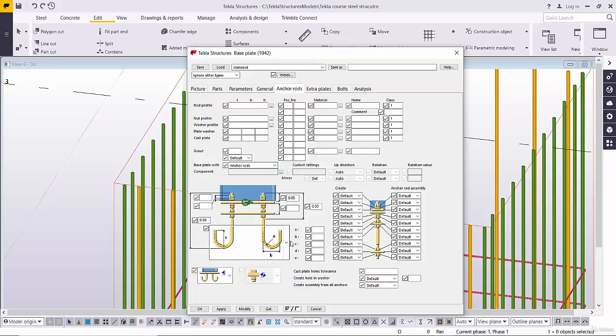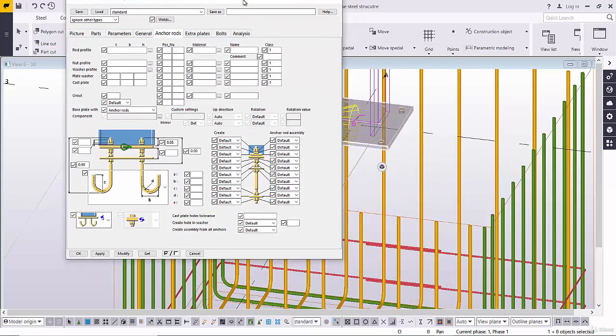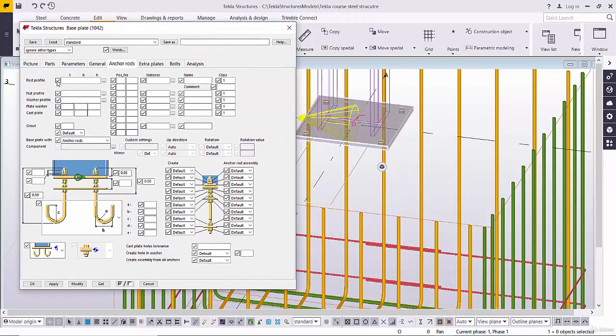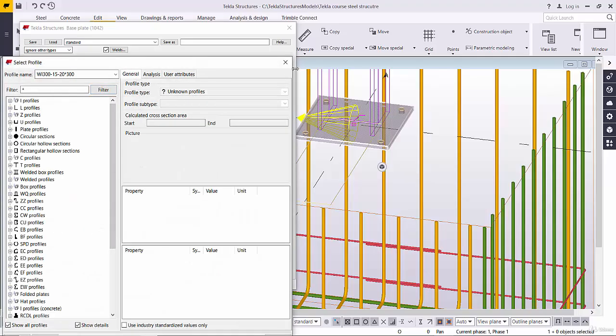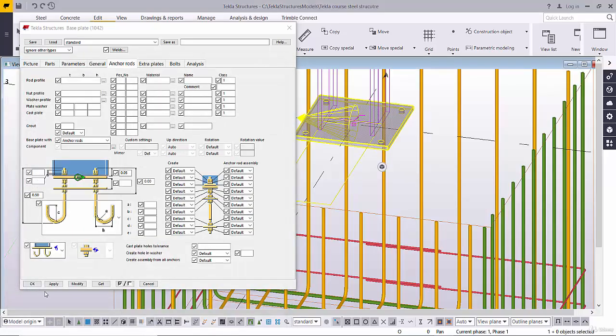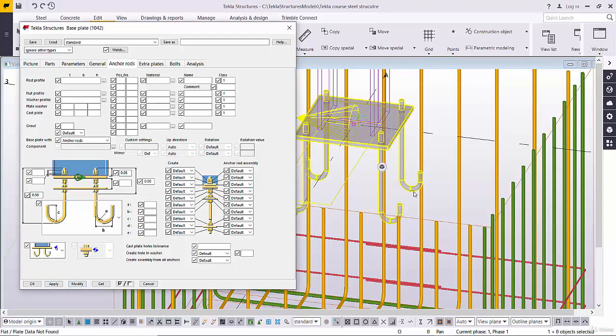We can change the properties. Let's leave this window empty, and Tekla automatically puts them. Also for the nuts here, for example, we can choose the properties of it. We can resize any properties we need. If we press modify here,